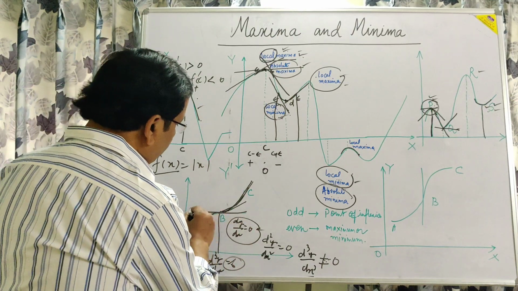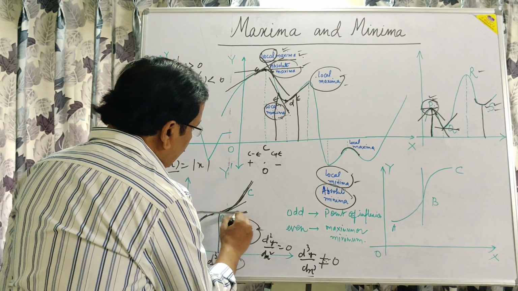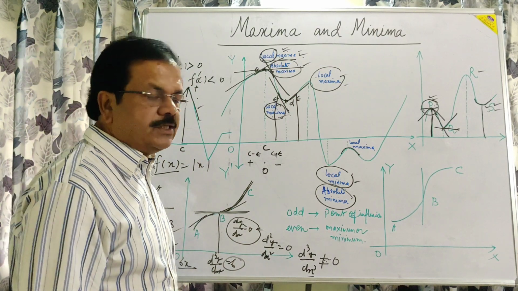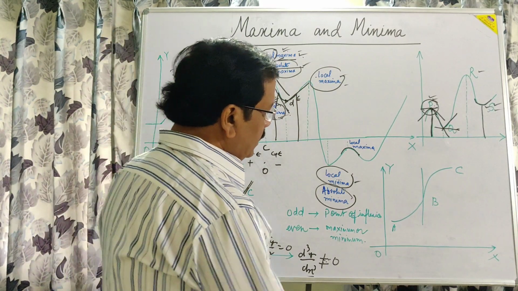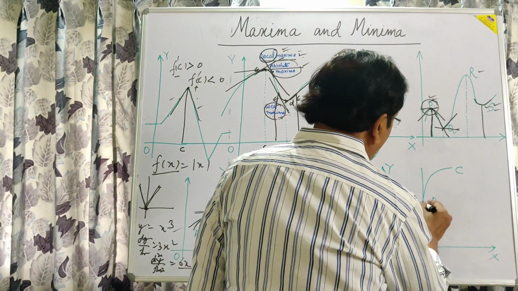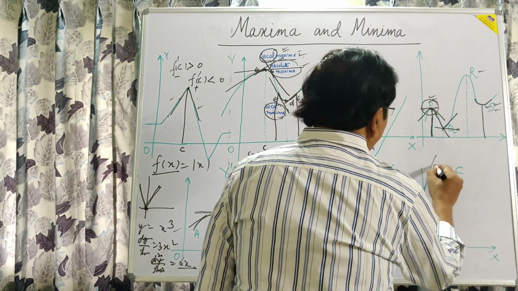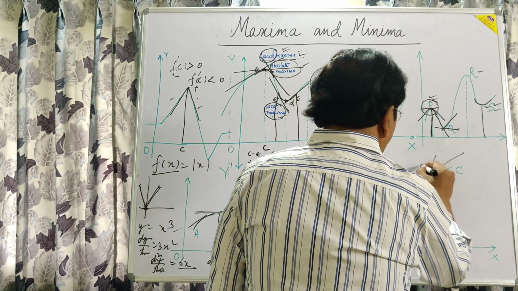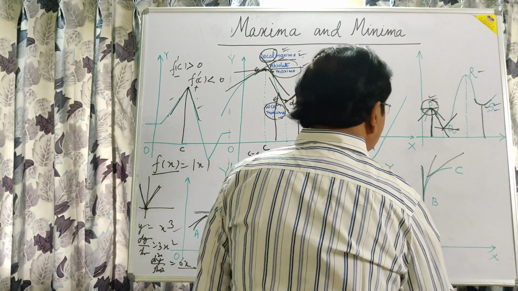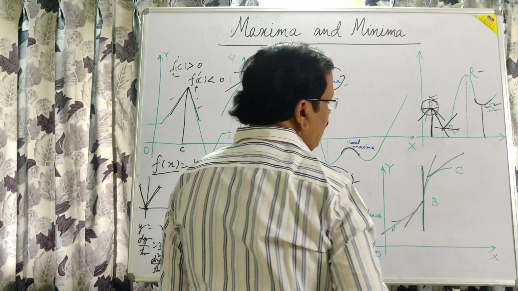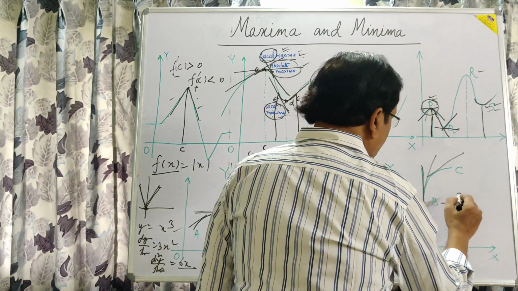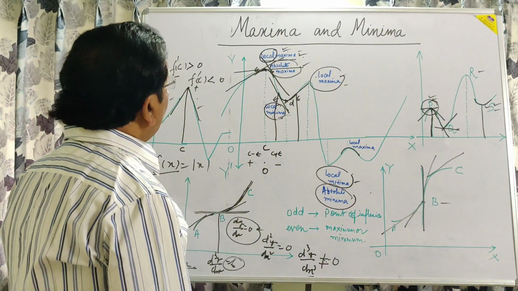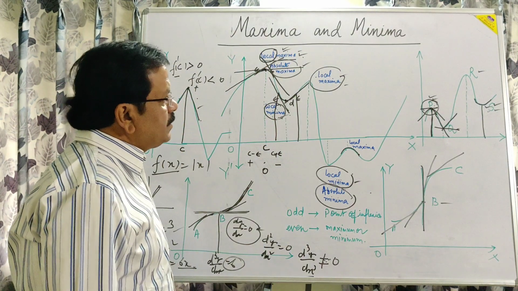And for a point of inflection, the tangent being parallel to the x-axis is not a necessary condition. Here you can see that the function goes on increasing, and again goes on increasing, taking a little bit of a turn at point B, and when we draw the tangent here it is parallel to the y-axis, and this is also a point of inflection. And this is all about your maxima and minima.